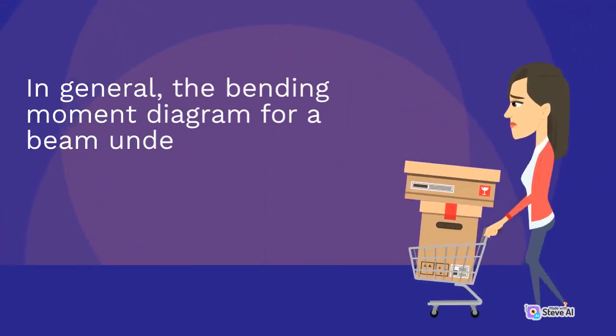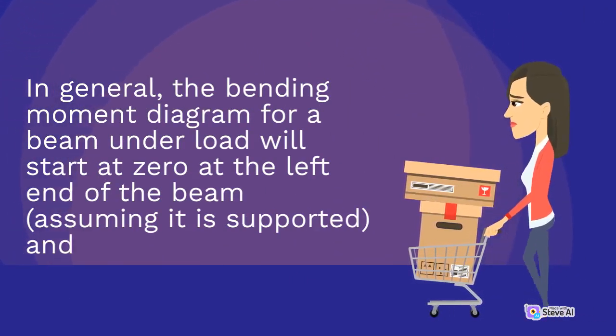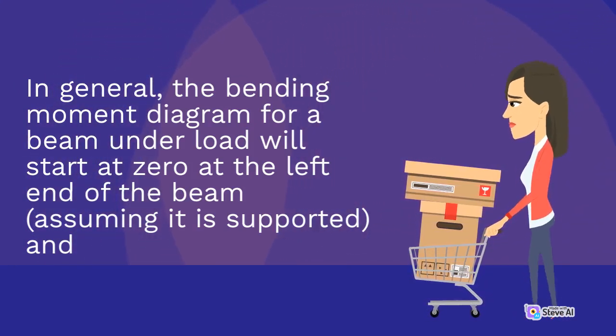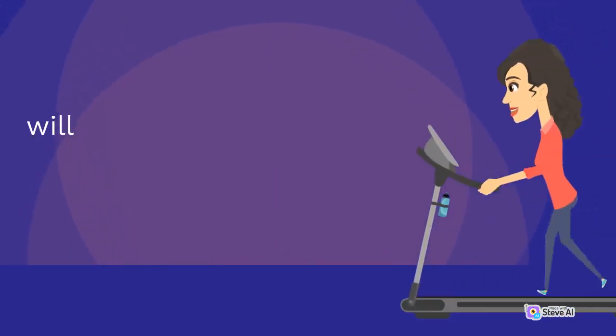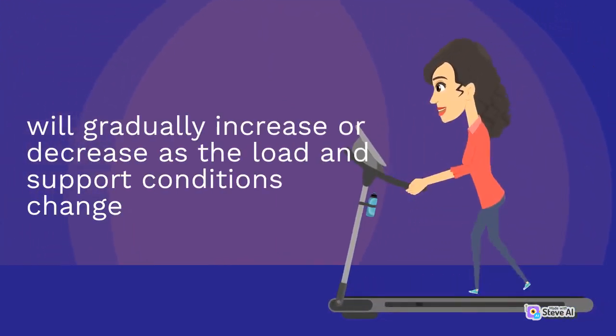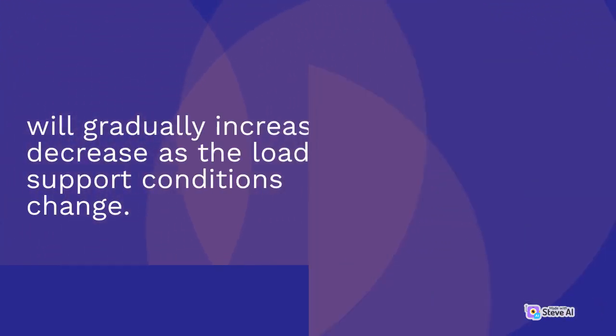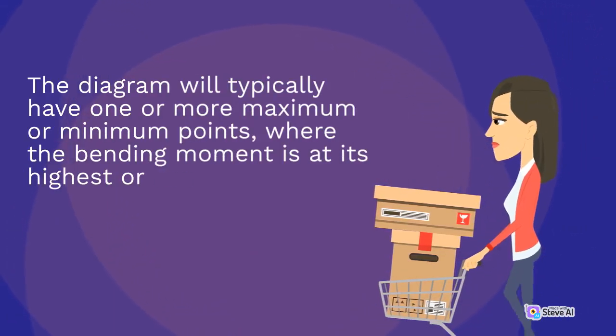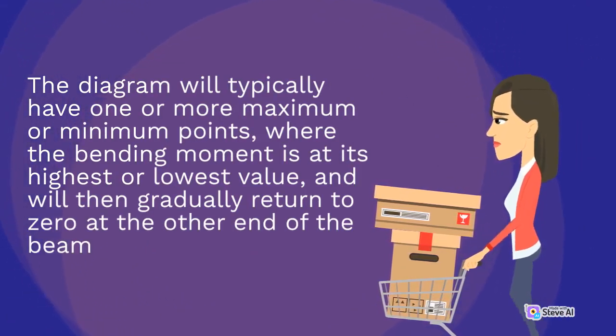In general, the bending moment diagram for a beam under load will start at 0 at the left end of the beam, assuming it is supported, and will gradually increase or decrease as the load and support conditions change. The diagram will typically have one or more maximum or minimum points, where the bending